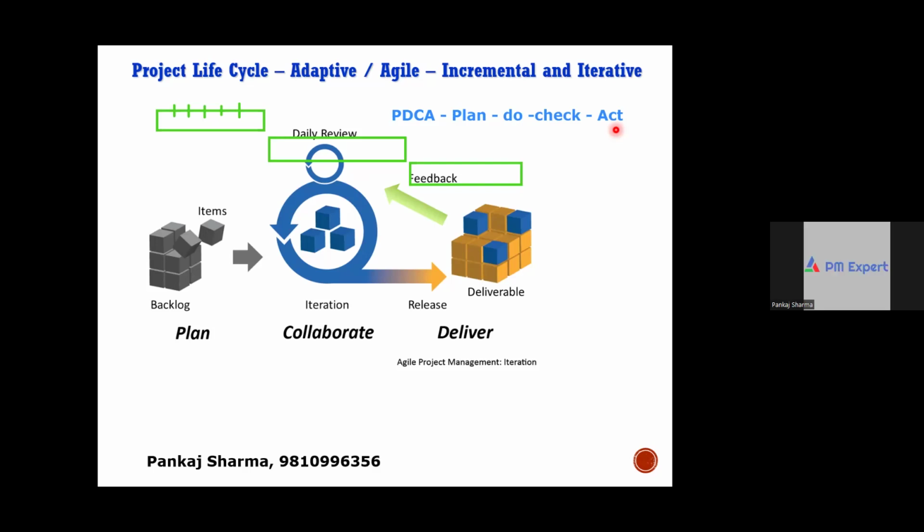So listen very carefully. In predictive approaches, the waterfall model, you do plan, do, check, and act only one time for the whole project. In the phased approach, which was the previous one, or the incremental approach, every phase you plan, do, check, and act. In the agile approach or methodology, every sprint you do plan, do, check, and act. Yes or no? So can you relate all these life cycle methodologies with the plan, do, check, and act process?